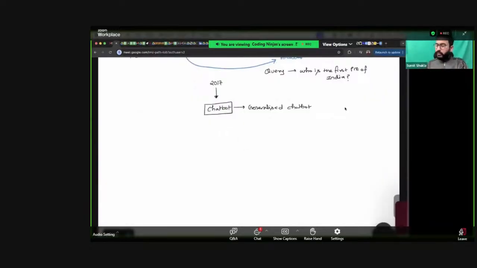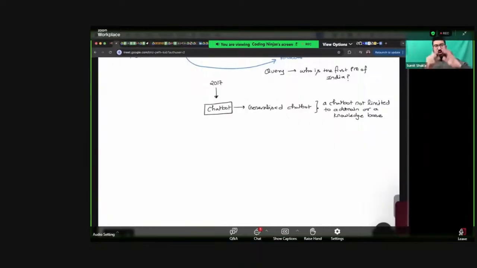The problem was if I want to make a generalized chatbot, a chatbot which is not limited to a domain or a knowledge base, so generalized chatbot basically means a chatbot not limited to a domain or a knowledge base. The problem was that if they want to make this a generalized chatbot, they need to provide this